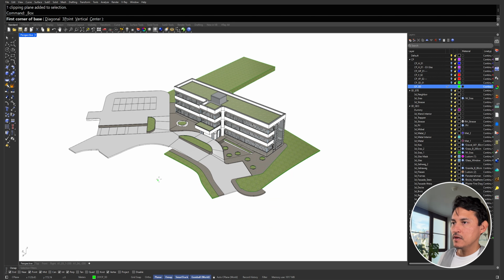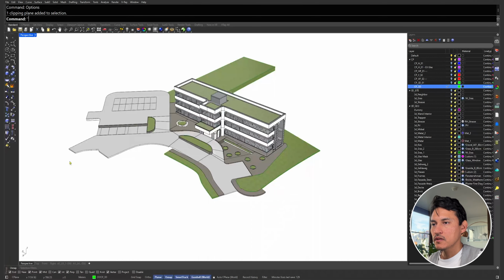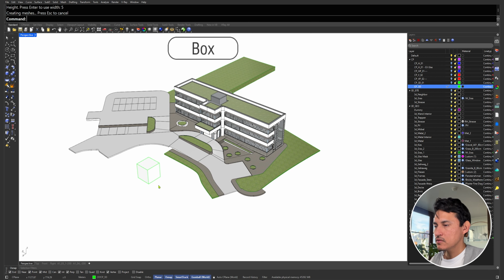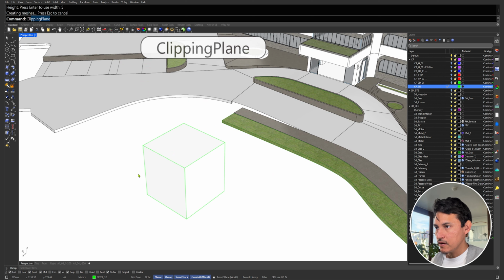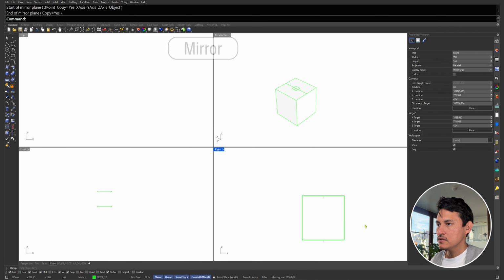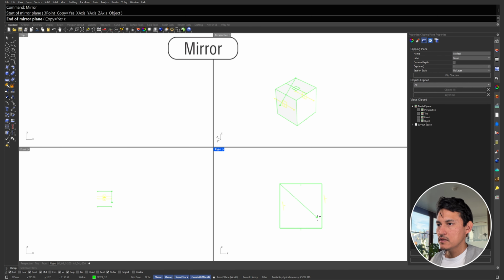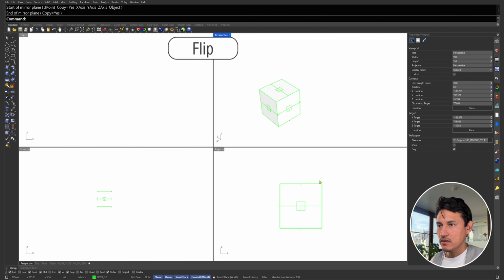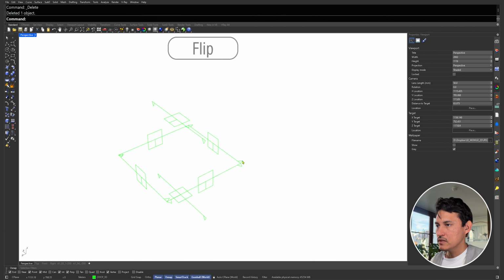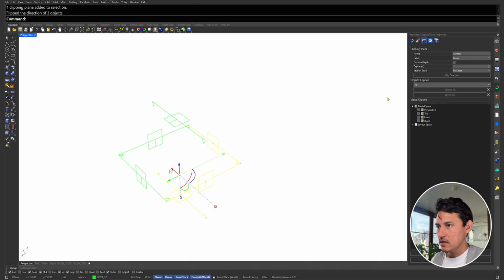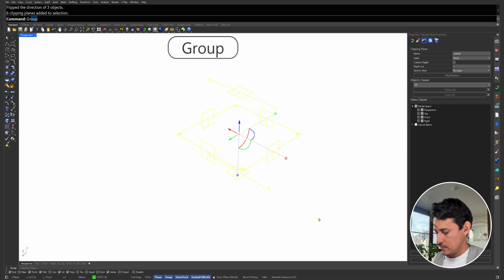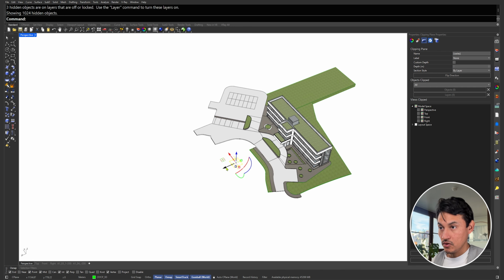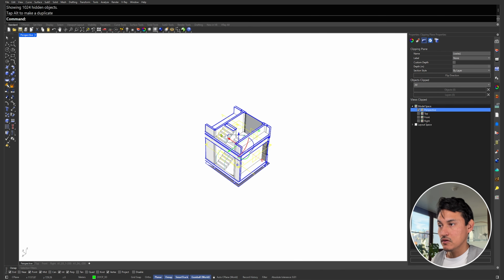Another cool thing about clipping planes is that you can also create a clipping box out of them. Let me show you how. You first have to create a reference box, let's say 5 by 5 by 5, and then draw a clipping plane on it. Deactivate and create copies of it using the mirror command until you get a box. Then flip all of them in the same direction towards the interior. Then group them, activate, and now you have a clipping box that you can use to browse around your complex